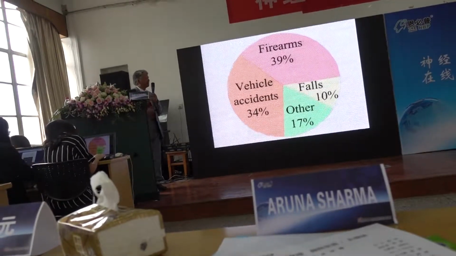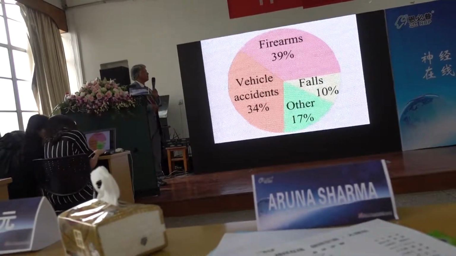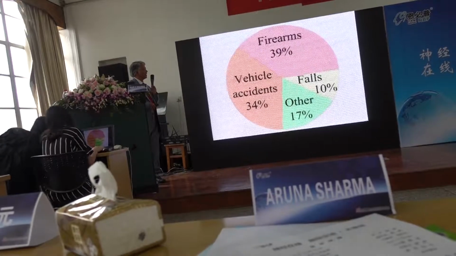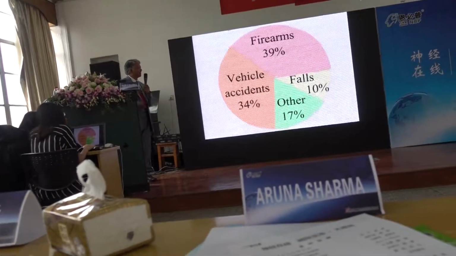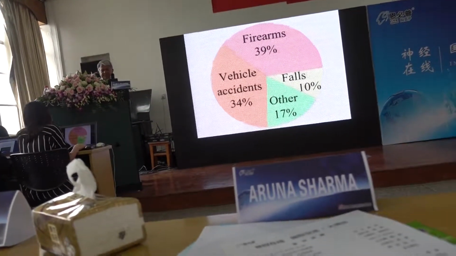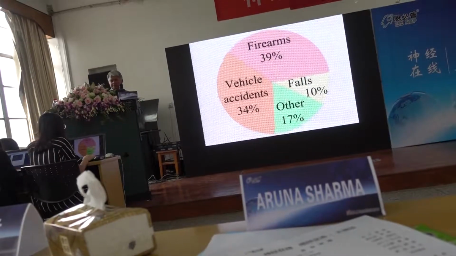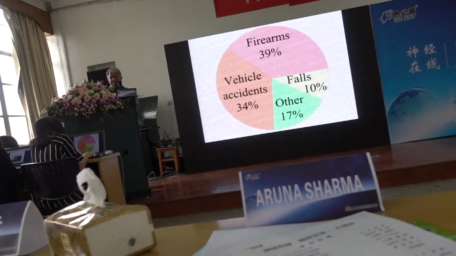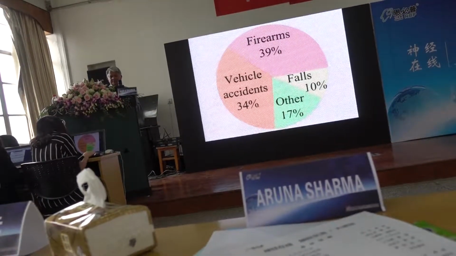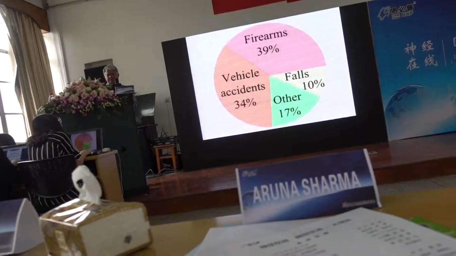This is just showing that head injury can occur largely by firearms, following by vehicle accidents, falls, and other cases. 这张图给大家展示的就是脑外伤导致脑外伤的不同的原因，其中包括车祸伤，还有一些枪击伤，还有坠落伤，还有其他的一些影响因素。